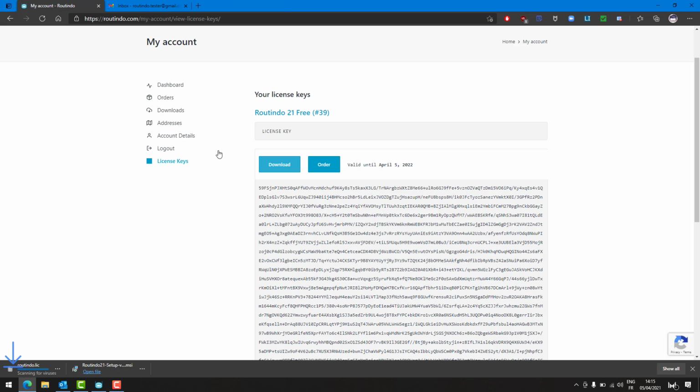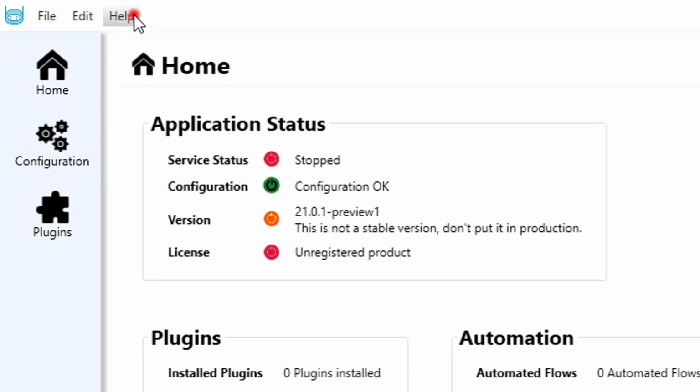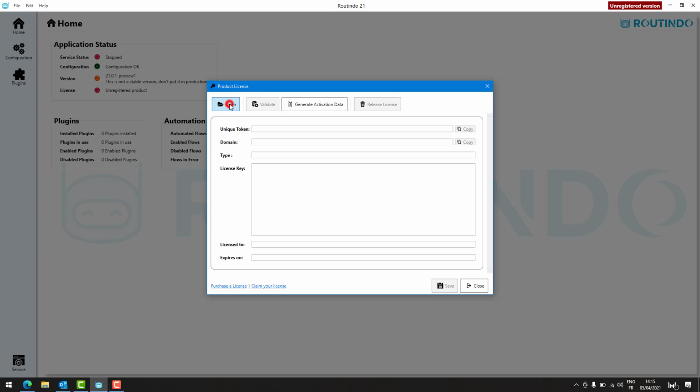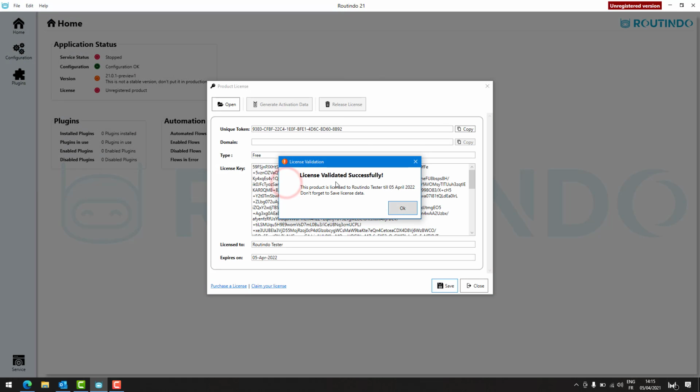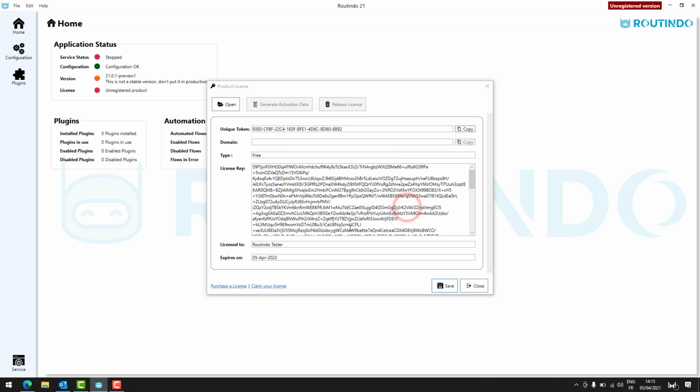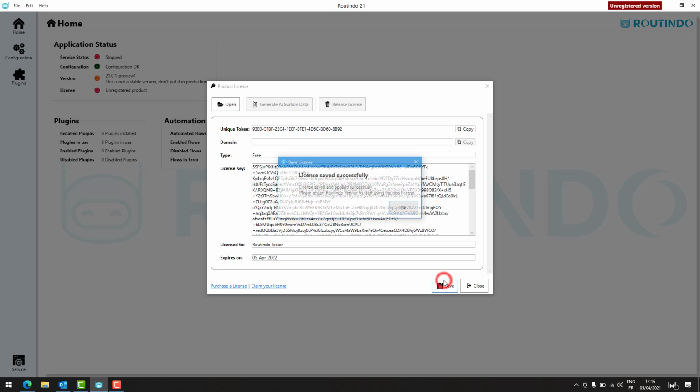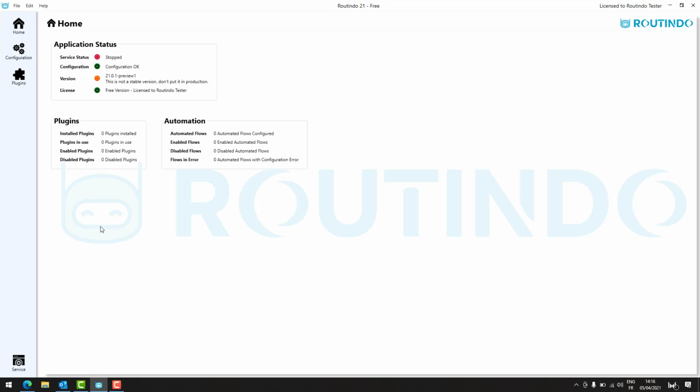Once you downloaded your license file, you can import it from Routindo client. On Help menu, click on License menu item, open the license file you just downloaded. Once the license key is validated, you will see all the license information, such as the owner, and the license expiration date. At the end, click on Save button to activate your Routindo